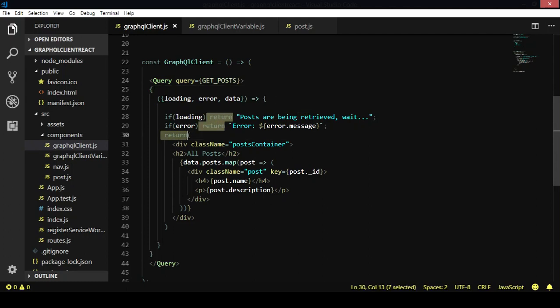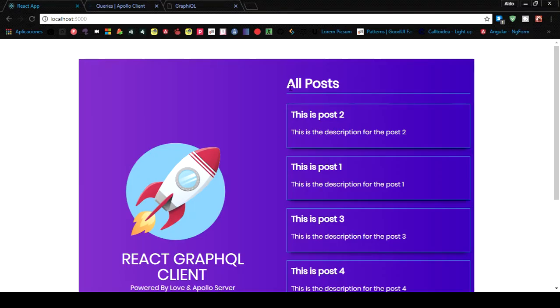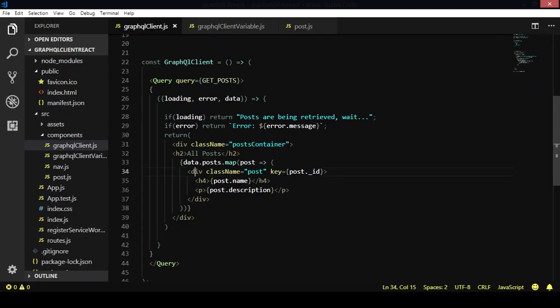So in this case we're going to return a div with the class name post container, just a title. You can see here all posts, and the data is what is getting. Okay, if I go back